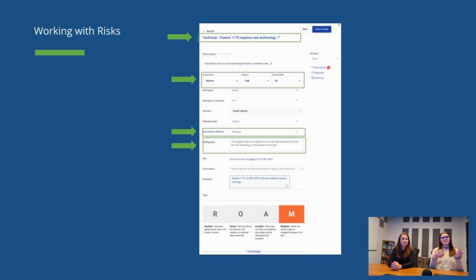A couple reasons for that. First, we hope that they are not staying in the accepted category for long, so it can really be used as this default status. And second, the other resolution method options do add in some additional required fields. So if you choose mitigated or resolved, you will have an additional text field that is required. We really recommend filling this in when you do actually resolve or mitigate a risk, so you can take record of how you resolved or mitigated it.